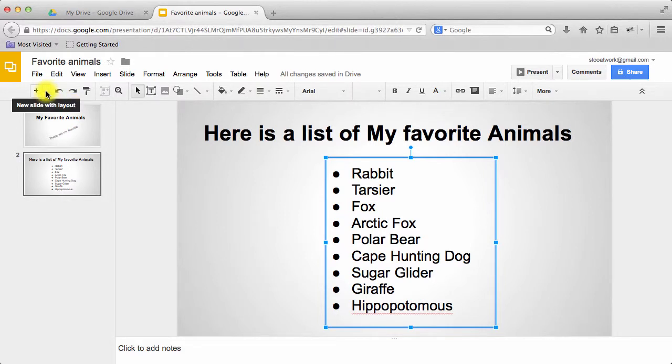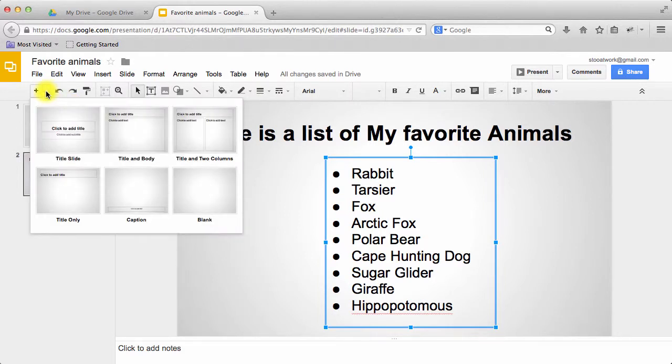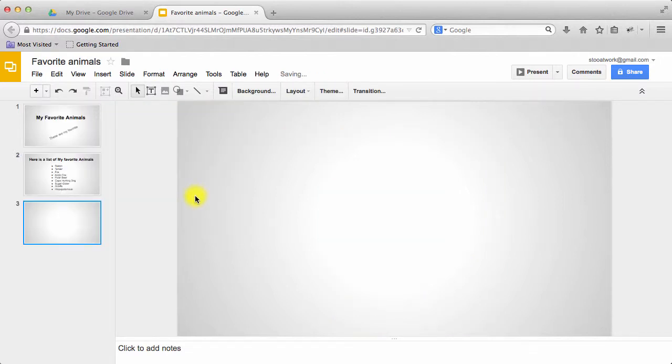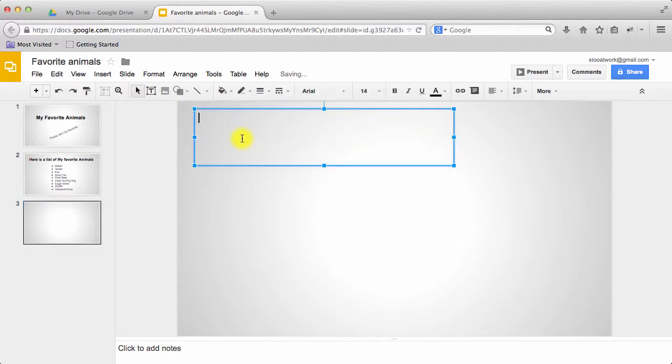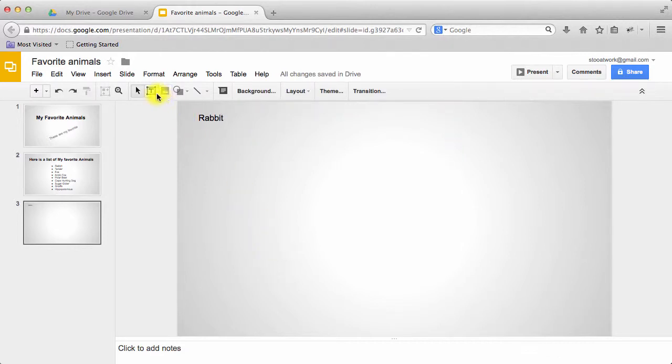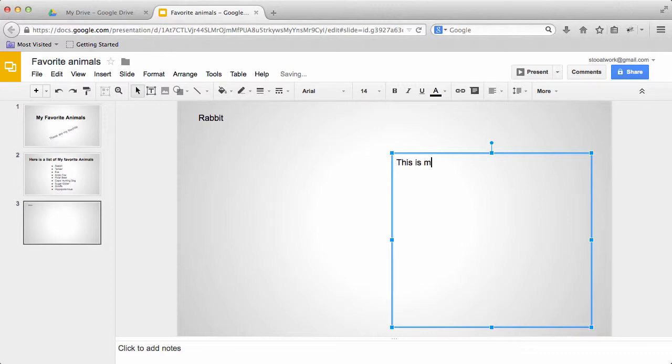So same thing over here. I'm going to create a new slide with a different layout. So if I click this drop down, then I've got a few options here. There's not as many options as there are in PowerPoint, but at least I have the option. So I'm just going to create a blank slide here. And I can insert a text box just like in PowerPoint. So let's put a title in, and I'll just use my rabbit here. And I'll put another one off to the side to describe the rabbit. This is my rabbit